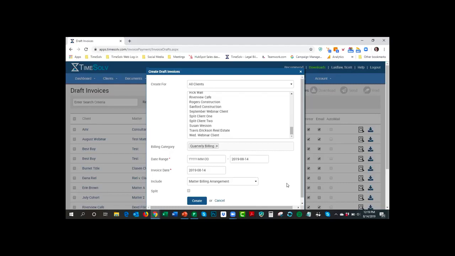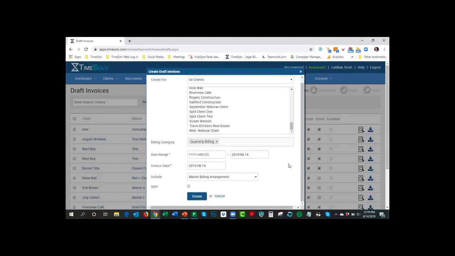And again, it could be monthly billing because it's fixed fee or whatever it could be. You could use it in that fashion as well. If you don't have any label on a particular client or matter, then it's just going to go back to your default on-demand arrangement that meets any date range. So you can use this in any fashion you need to.